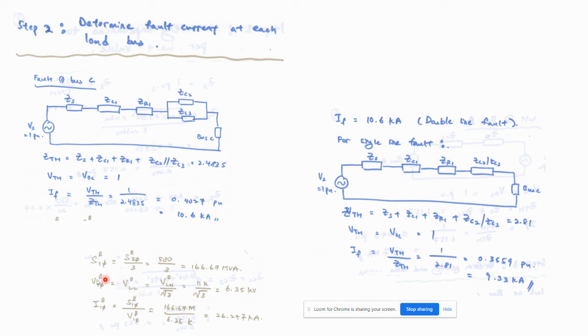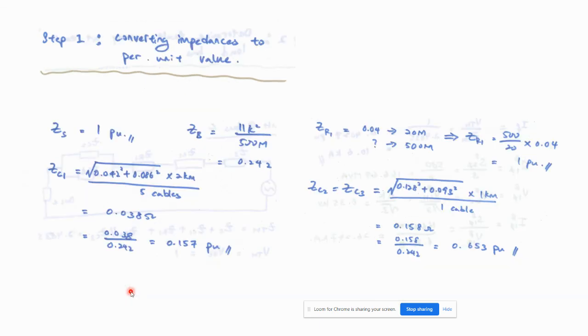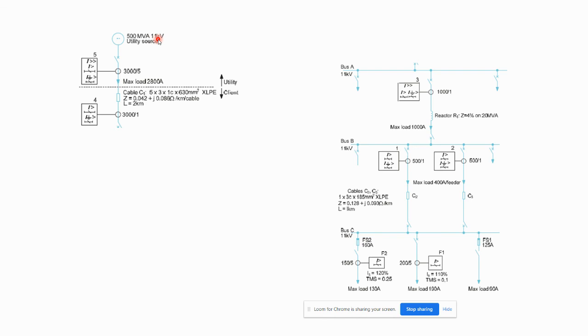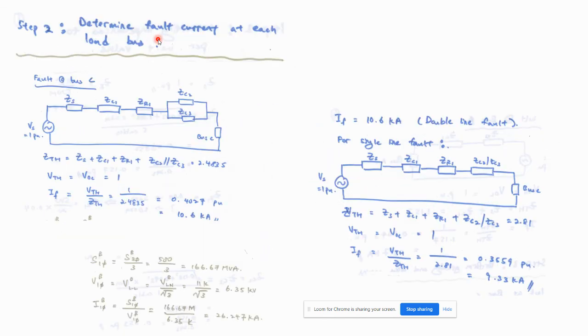Yeah, one thing I want to add on is this thing, right? You are given the line-to-line voltage 11 kV. That line-to-line voltage is also the per phase voltage, right? Imagine your delta. If you have a line-to-line voltage, line-to-line voltage is also your per phase voltage. So you just simply take the 11 kV, convert